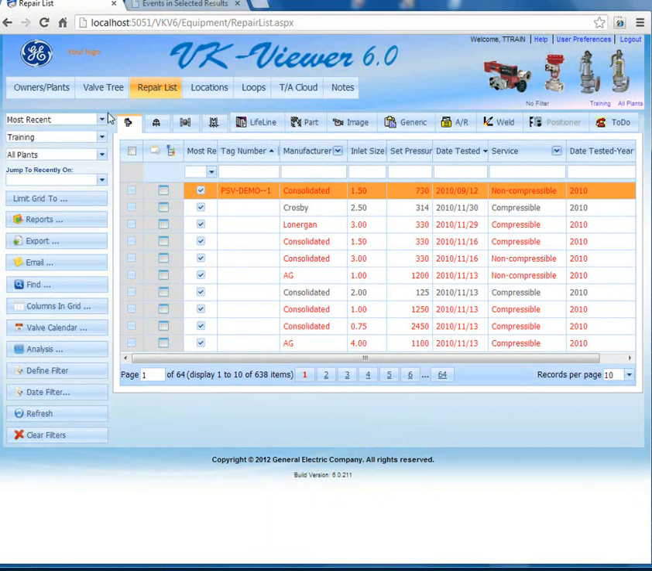If you want to take a look at a percentage breakdown, whether it's by manufacturer or inlet size or service, typically you would look at it in the most recents because you want only one occurrence of each valve in the analysis. That is a great review of the analysis function on the VKViewer 6 software,